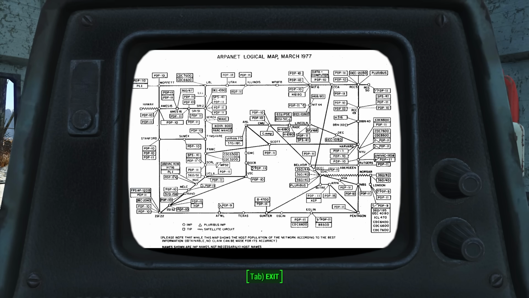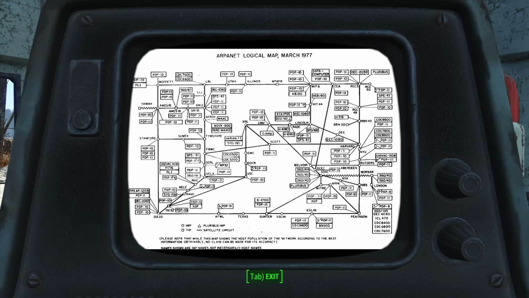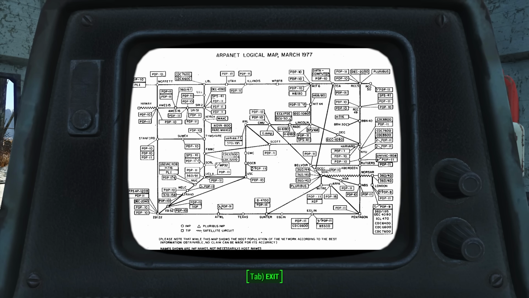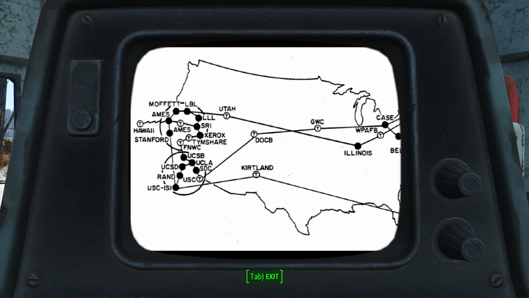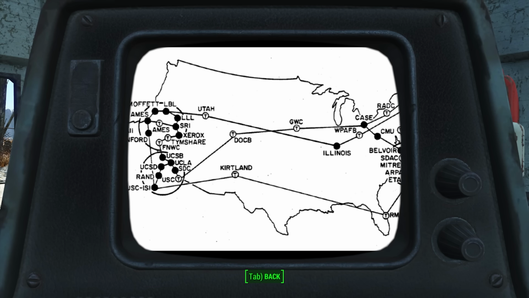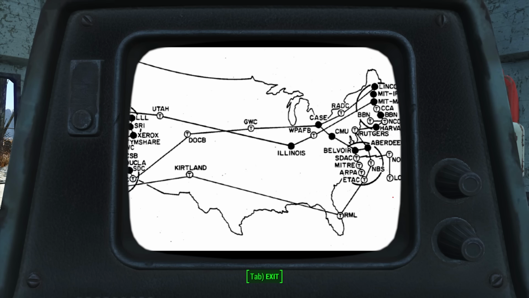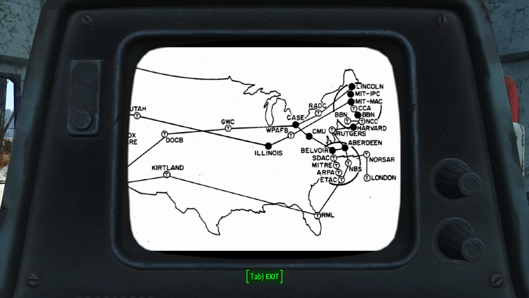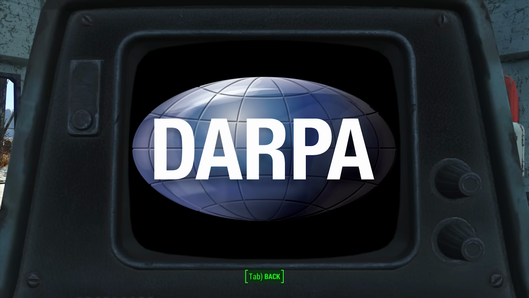ARPANET is the name given to the first ultra-wide-scale network that used advanced technologies that our modern internet uses, like packet switching and TCP/IP. It is considered by most to be the originator of the internet, and it is difficult to understate its importance in the eventual creation of the internet. ARPANET got its name because it was primarily funded by ARPA, or the Advanced Research Projects Agency, which would eventually be renamed to its modern incarnation, DARPA.